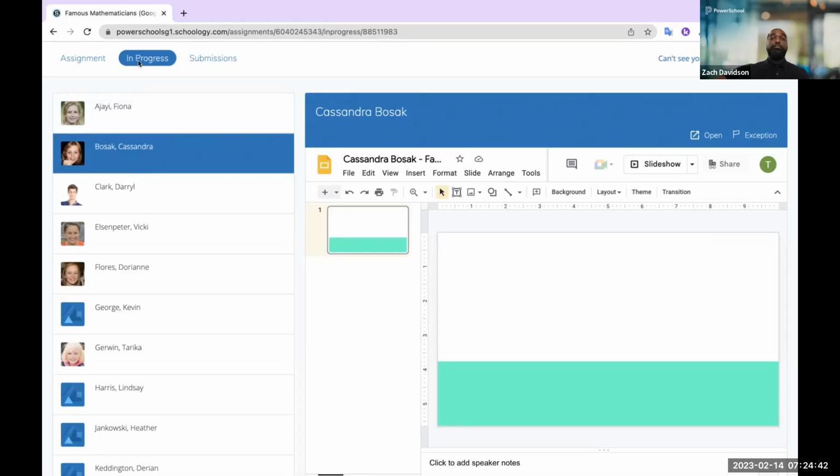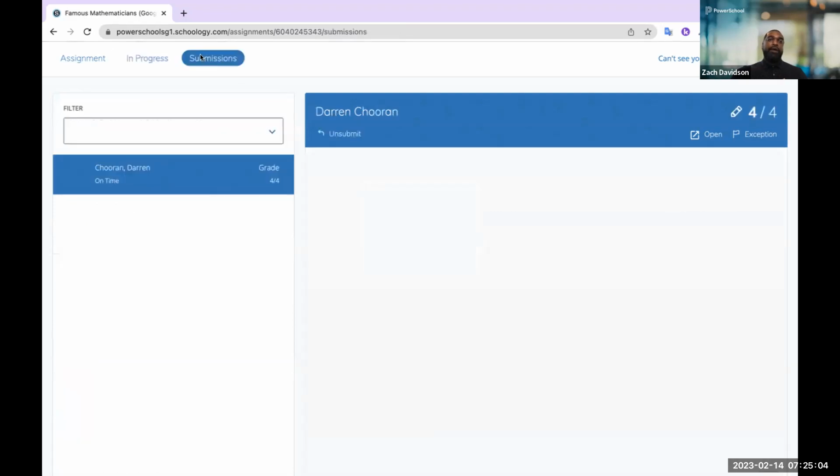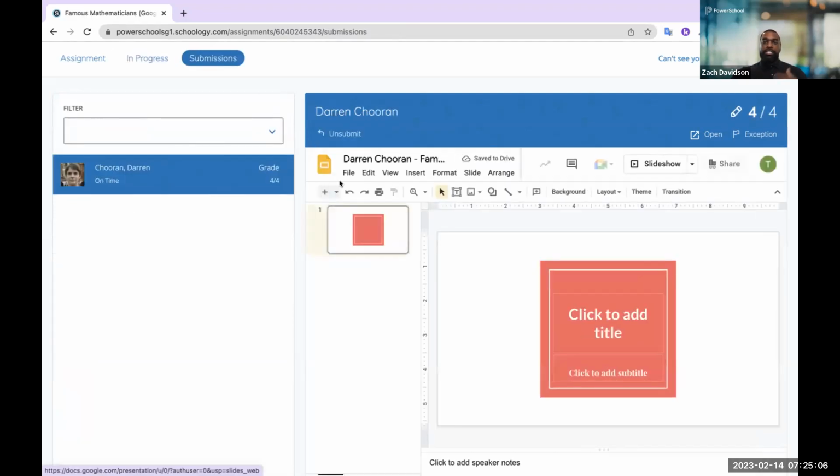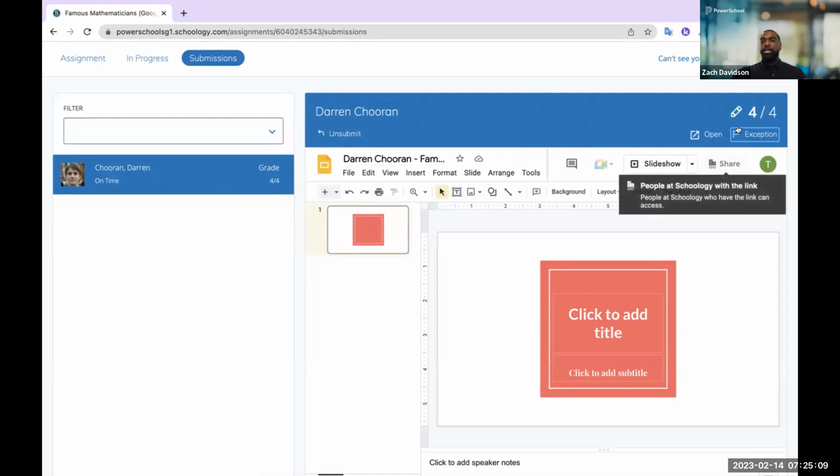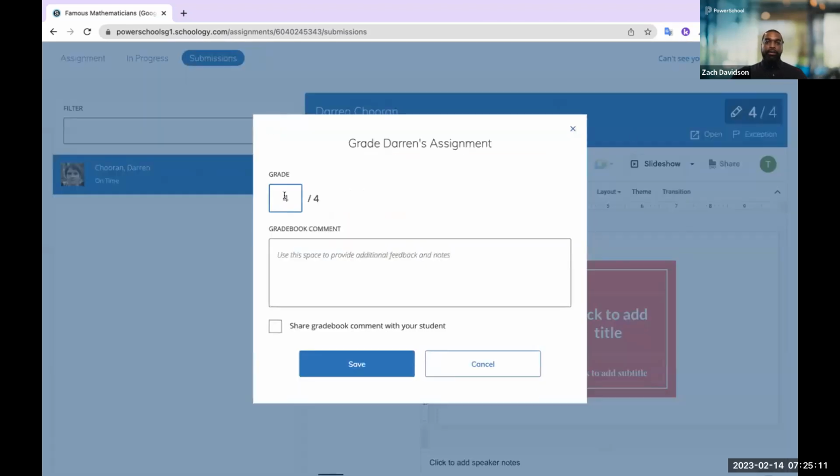Even if they're at their desk at home and they're working on this assignment, I'll be able to see any sort of typing out, cursor moving. And the great thing is, from a teacher perspective, you don't lose any of the functionality that you're used to with Google. So our integration incorporates the entire Google annotation suite as well. But the real benefit here is that when the students have actually submitted the work, I still have the Google annotation tools available to me, and then I can open up that grade here, as you can see, and grade that, whether it's a numeric grade, a rubric grade, save that.